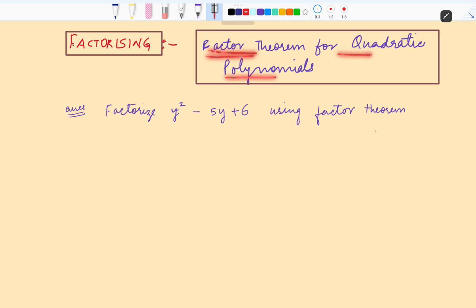factorizing quadratic polynomial using factor theorem. Okay, for those students जिन्हें स्कूल में factor theorem से quadratic polynomial factorize करना नहीं सिखाया है, I would suggest please skip this part and go to cubic polynomials directly because it will get confusing. But there are students and there are teachers in certain schools where they also teach how to do factorizing quadratic polynomial using factor theorem. Not just by splitting the middle term. For those students, please be with me. Let's understand how this is done.